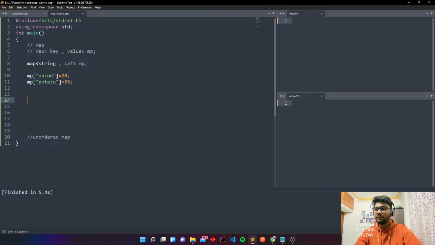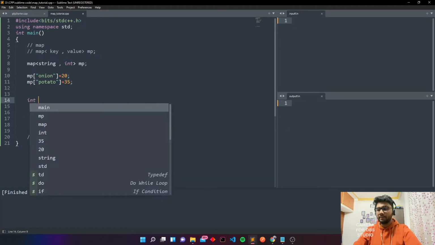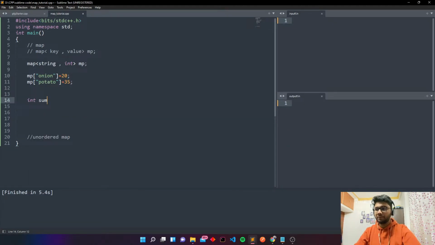So here let's create an integer, int sum. Okay, now sum is equal to MP of onion into 2 kg plus MP of potato into 3 kgs.